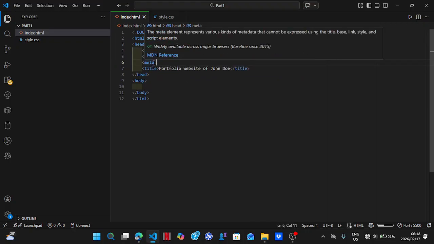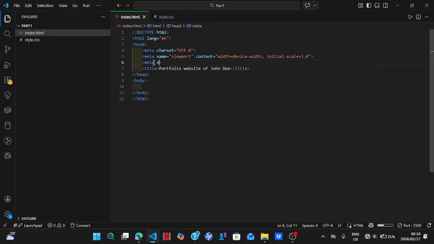I can just put name equal to description. This description is for search engines. Then the content is equal to, let's just say, portfolio website of Nyakamamasha. Sorry, of John Doe, not me. Of John Doe